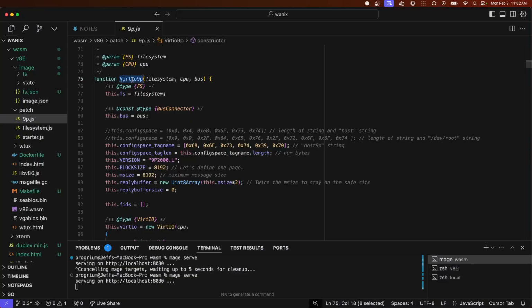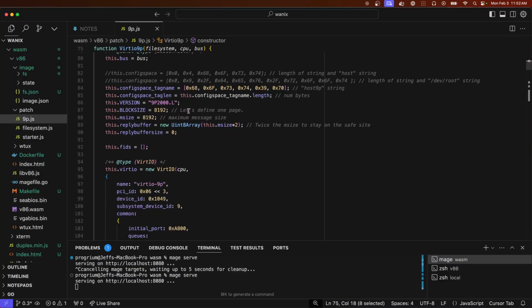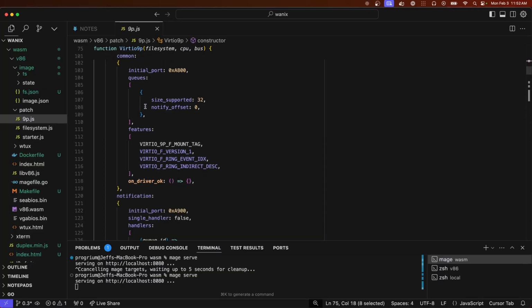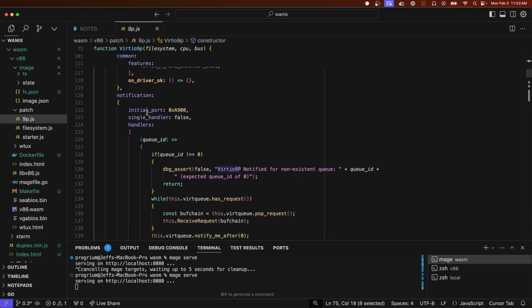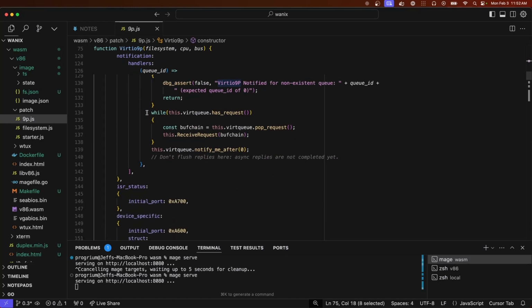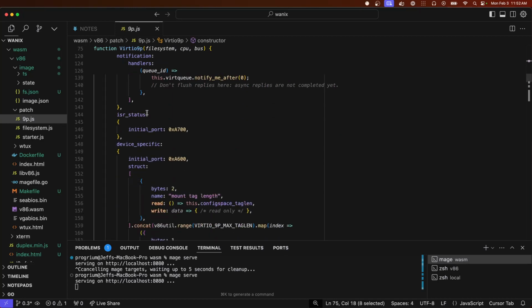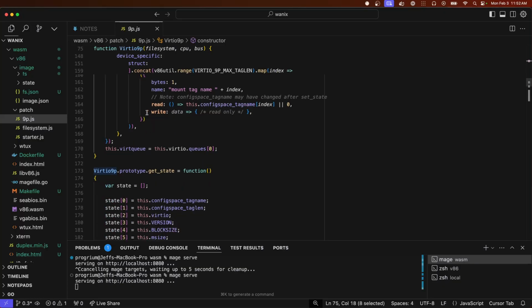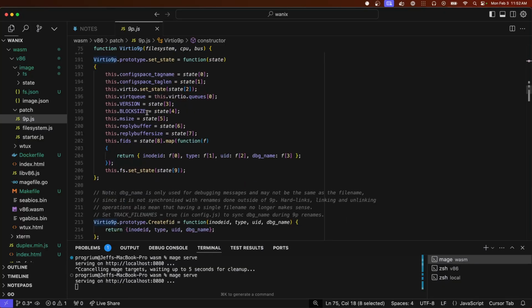But it's implemented as a virtio device. And so there's a bunch of stuff here that has to do with defining a device that this virtual machine emulator needs. I don't know how any of this works, but ultimately it gets to a point where